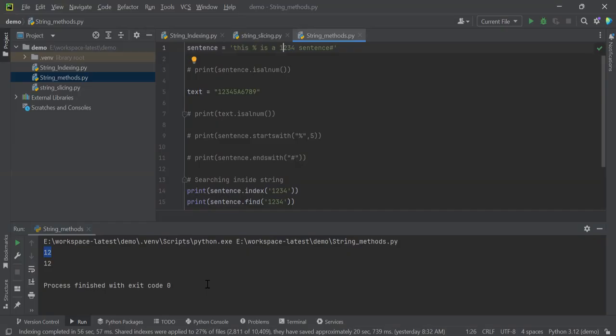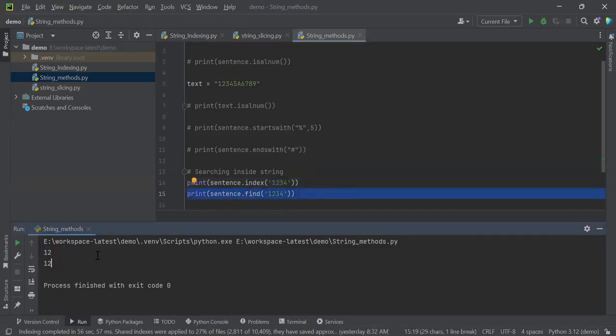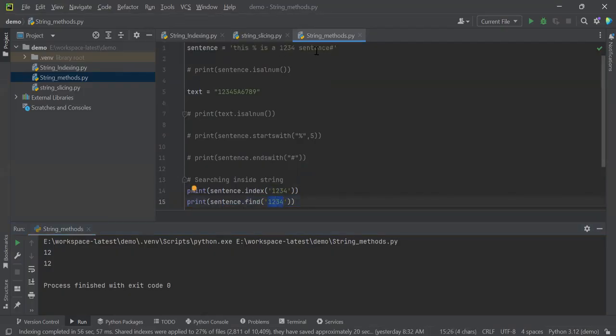So the position of that index number, yes, that is the 12th position, index number wise, it is returning that. Okay, now this substring is available in that particular index number. Even the find is also returning the same value. Yes, it identified the substring in this string. At which index number? That is 12. So index and find both are helping to search